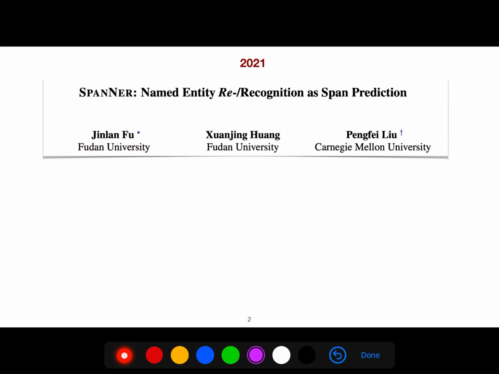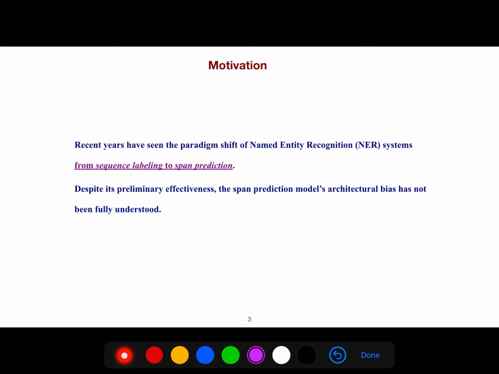We focus on this paper from 2021 from Carnegie Mellon University. Recent years have seen a paradigm shift of named entity recognition systems from sequence labeling to span prediction. So I can say this is the old approach and this is the new paradigm.